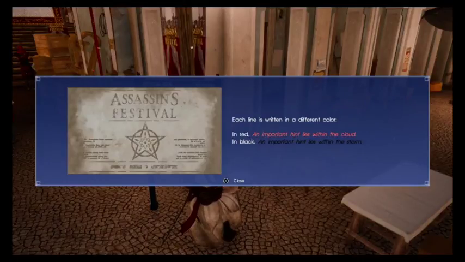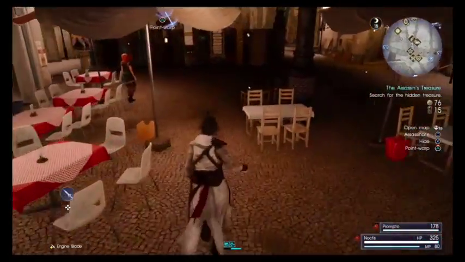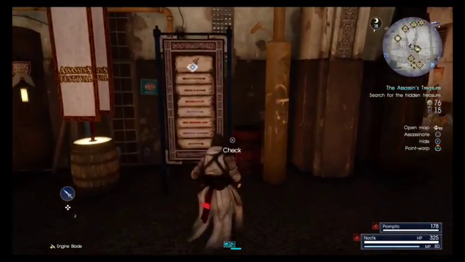And as it says here, in red, an important hint lies within the cloud. In black, an important hint lies within the storm. Obviously, we know that red tells us lies. So therefore, we must head to the storm, which is the lightning bolt. And the lightning bolt will give us some